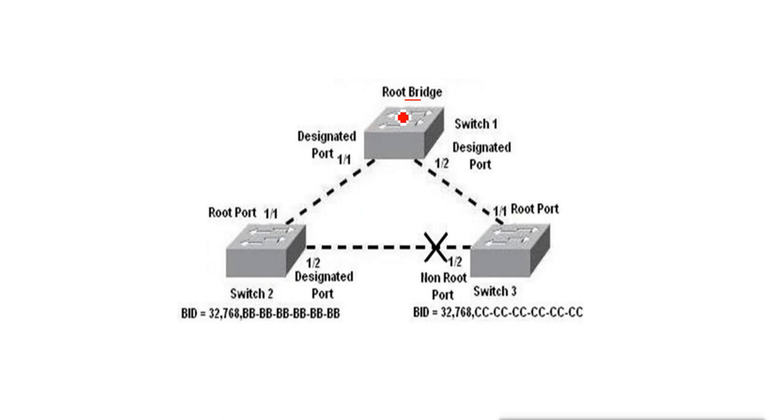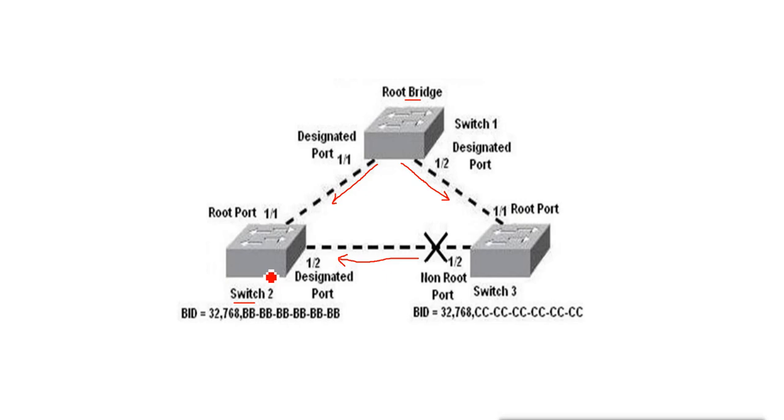Now this root bridge sends the BPDUs to all the other ports. All the ports of the root bridge will always be active, and it will send the BPDUs from all its ports. So it is sending the BPDU from this port also, and it is sending the BPDU from this port also. Now when the switch gets the BPDU, switch 2 will get the BPDU from this side, and also from this side. That means it will get it from here, and then it will come from switch 3, and then it will come from switch 2 also.